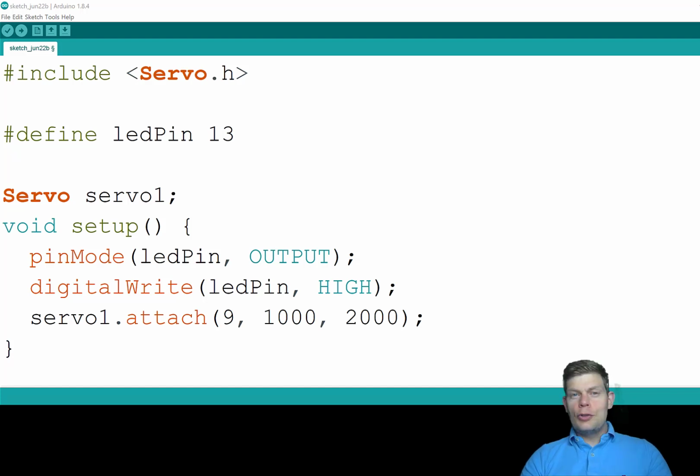Let's talk about two preprocessor directives: include and define. Now, first question you might be asking yourself is, what the heck is a preprocessor directive? That sounds crazy. There's stuff going on that you don't think about when you press your verify or your